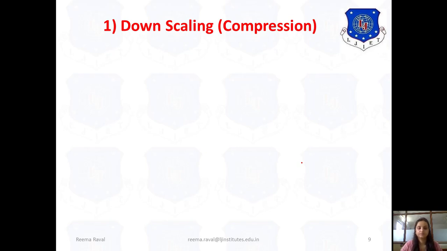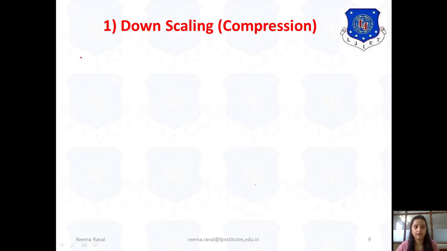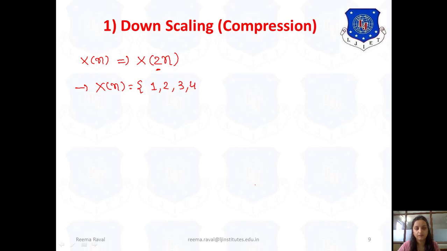Okay, now how can I denote it? Let's say for example I want to denote this signal as x of n. Downscaling means what? If I want to get the signal compressed, I will do x of kn. Here I am taking the example of x of 2n. That means I am compressing the signal or downscaling the signal by the factor 2, right? So let us consider one example where x of n equals 1, 2, 3 and 4, right? Here is the arrow.